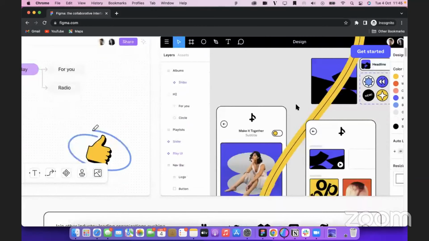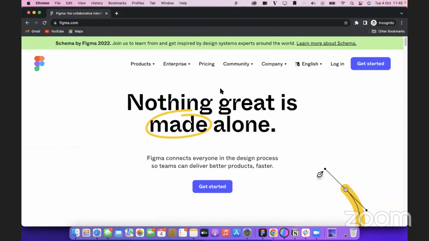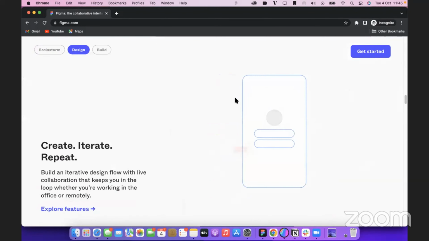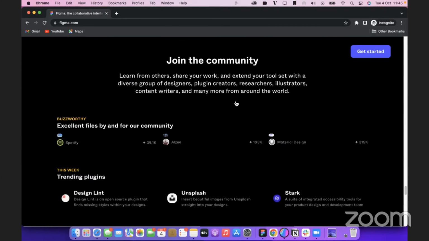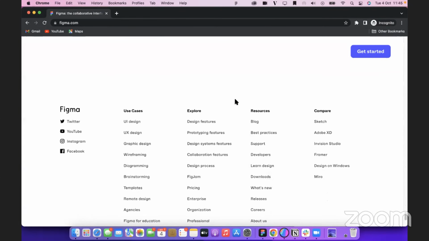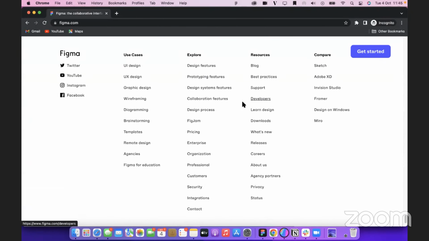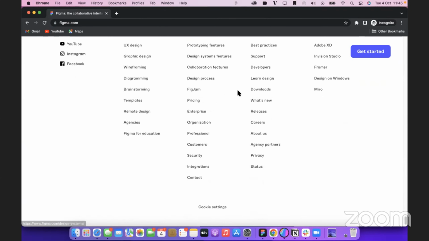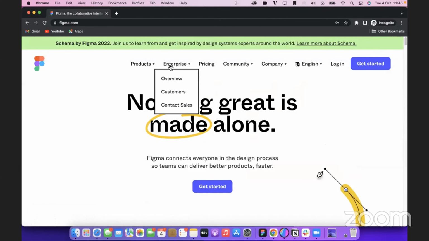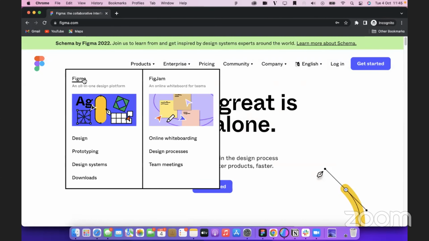Okay. So this is figma.com, right? You have to go to figma.com and see everything the platform is about. And then if you want to download, where is it? Where is download? It shouldn't be far. Products, okay, Figma.